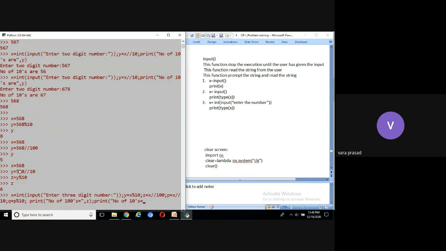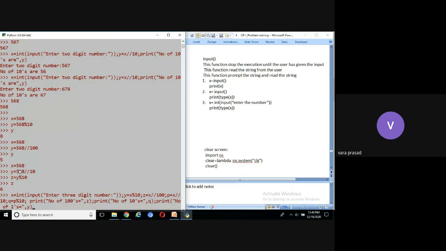Where is the number of tens stored? Q, not P. Right. Semicolon. Print number of ones, equal to, close double quotes. Where is it stored? Y.